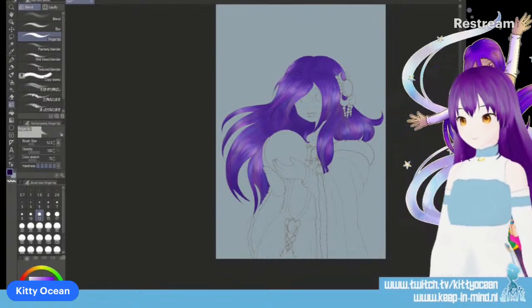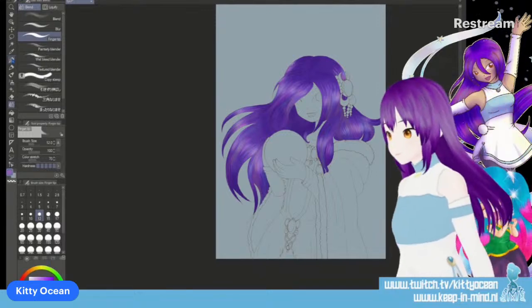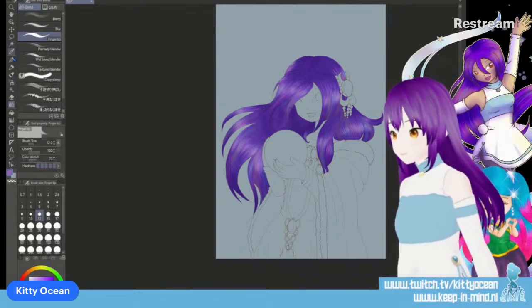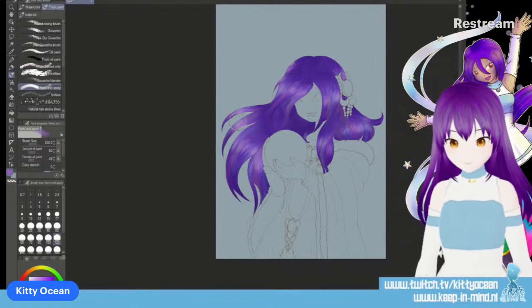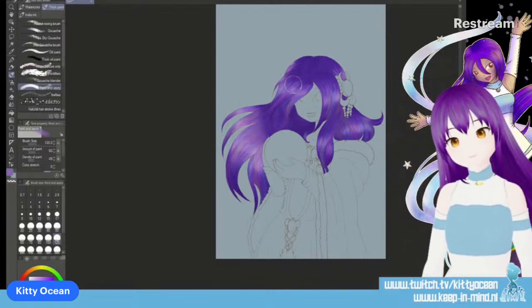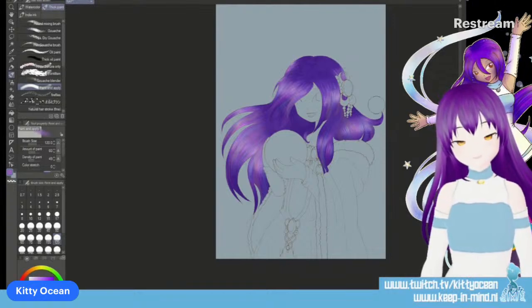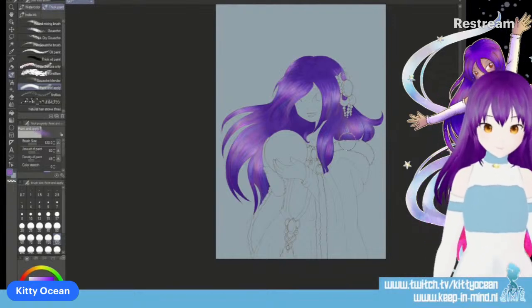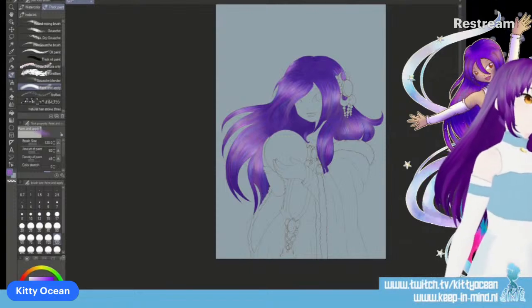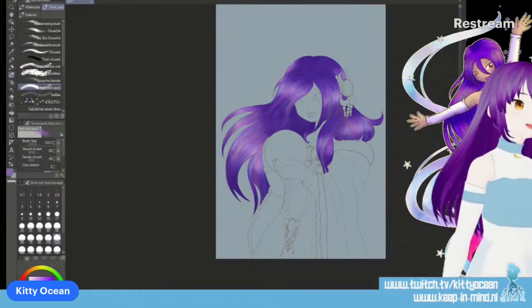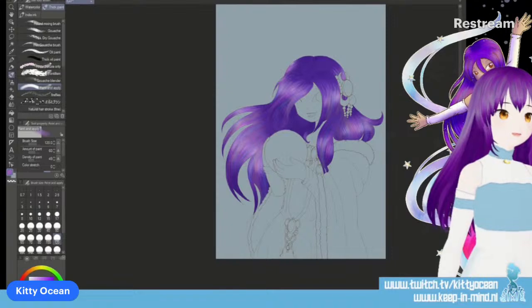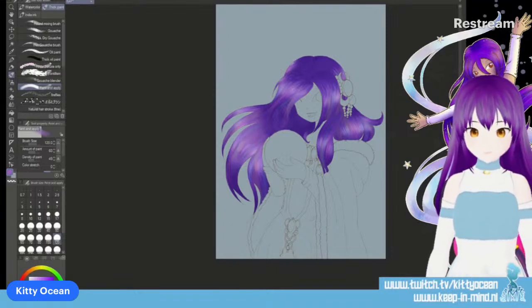We're going for the highlights. Where's the where's lighten? Is there actually any difference? Yes, there is a difference.